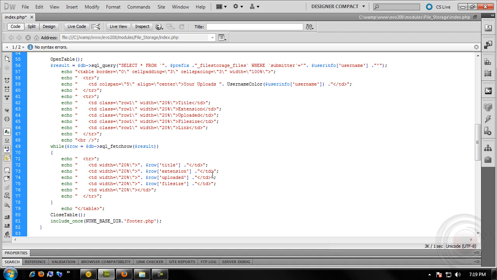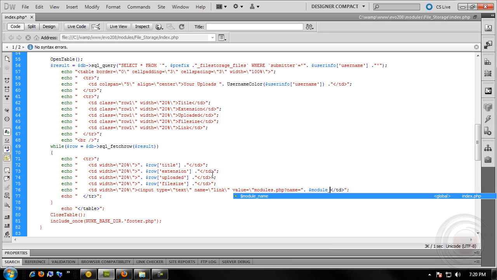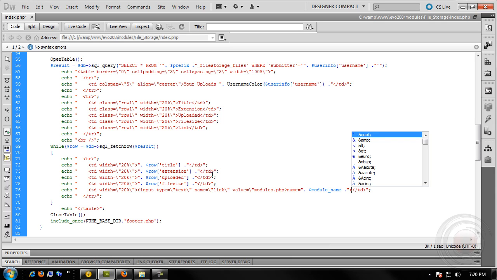So it's going to be an input field actually, and what we'll do is we will just go ahead and add input type, and it's going to be text, and the name will be link, and the value will be the URL, which is modules.php name equals module name, and then the ampersand, and then the op